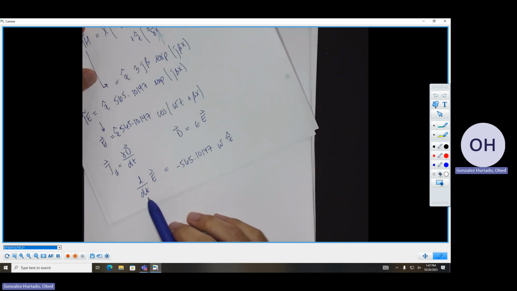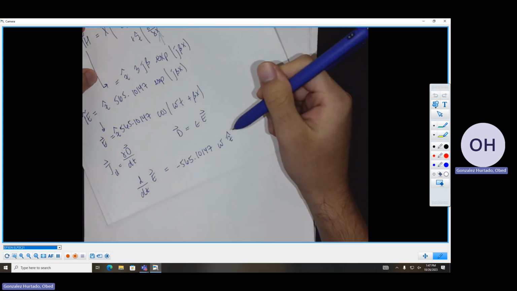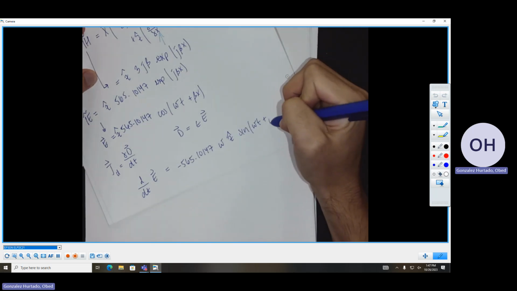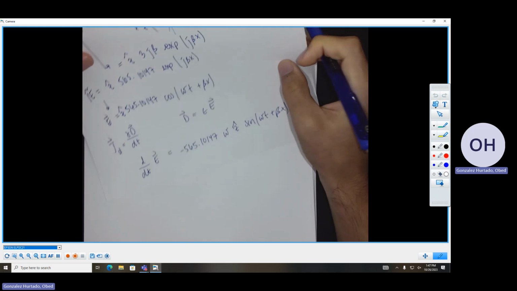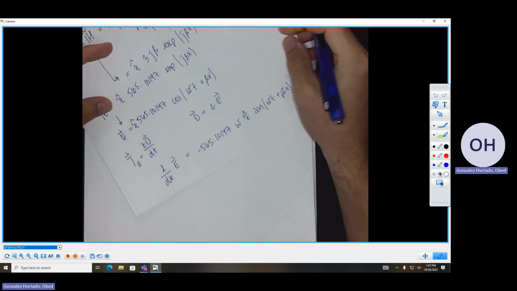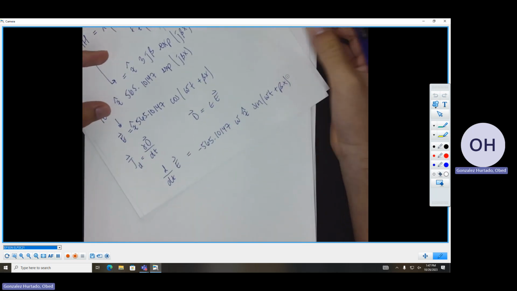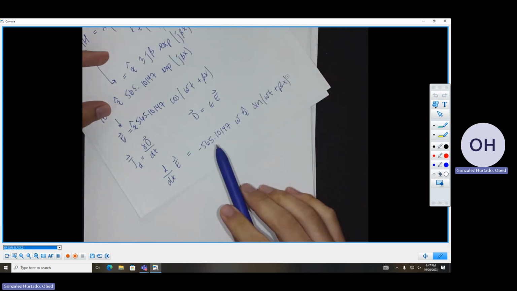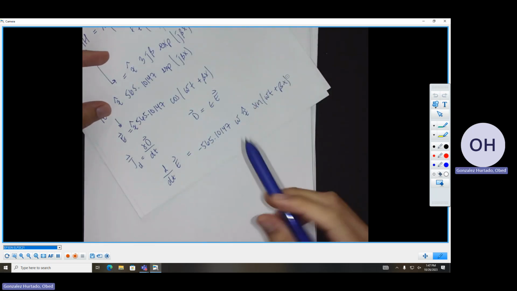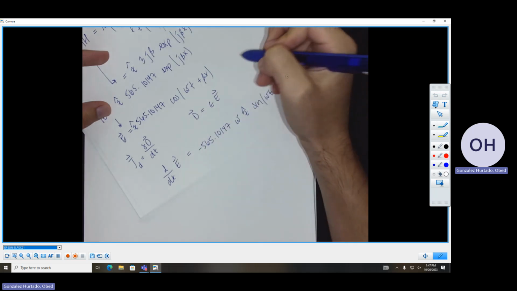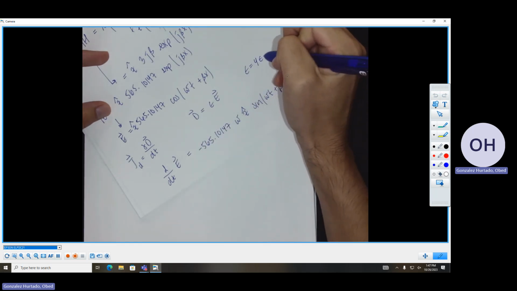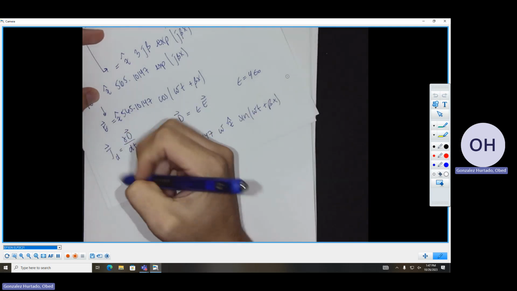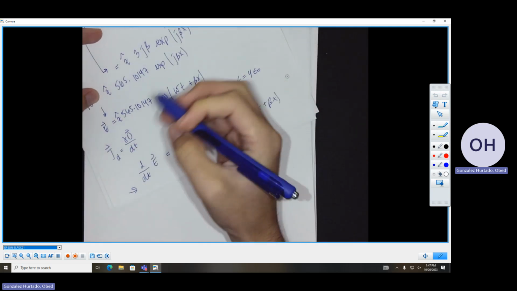It's just a derivative. And then basically all that's left is this epsilon. You multiply it to this, where we know epsilon in our case is 4 epsilon naught. So our ultimate answer is